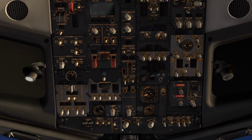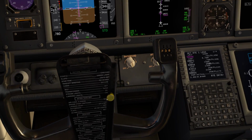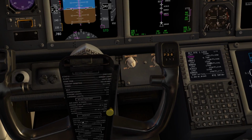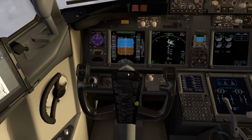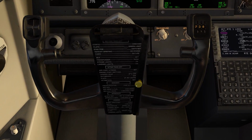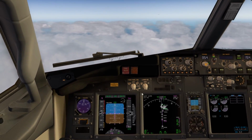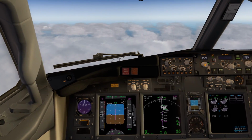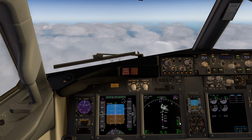So we'll put our engine starts to continuous and go to our descent checklist. Pressurization is set, landing altitude is set, anti-ice is on, which we should have put on earlier. The approach briefing and fuel is discussed, and speed and altitude bugs checked and set. So everything's all good here. We're coming down at 1,000 feet per minute until we hit the vertical profile,